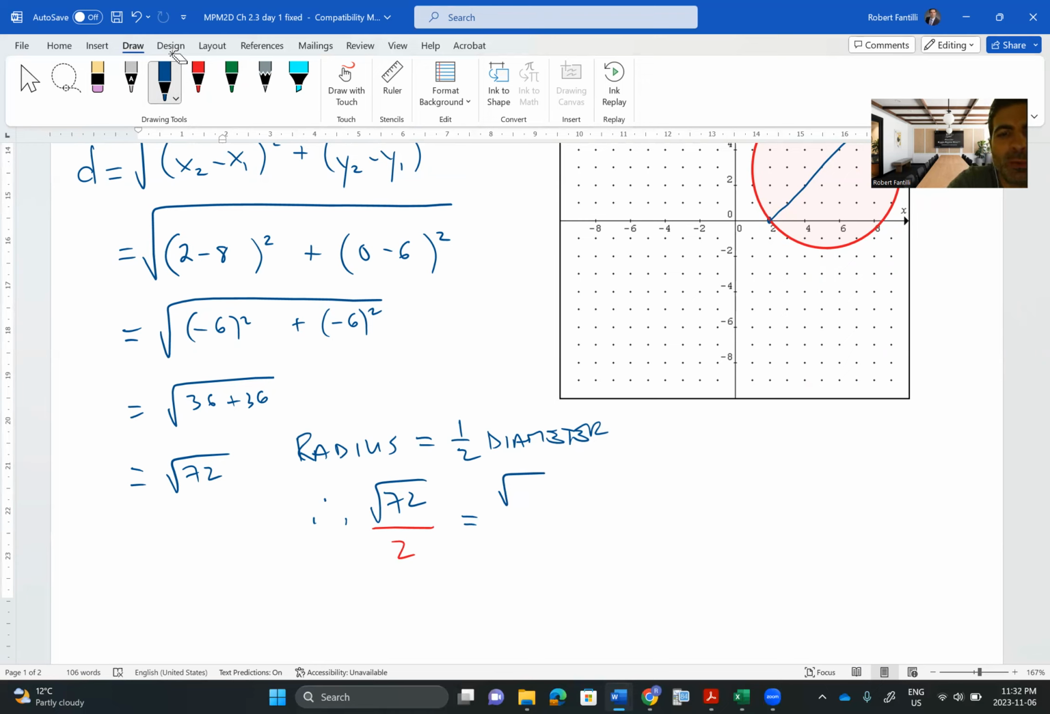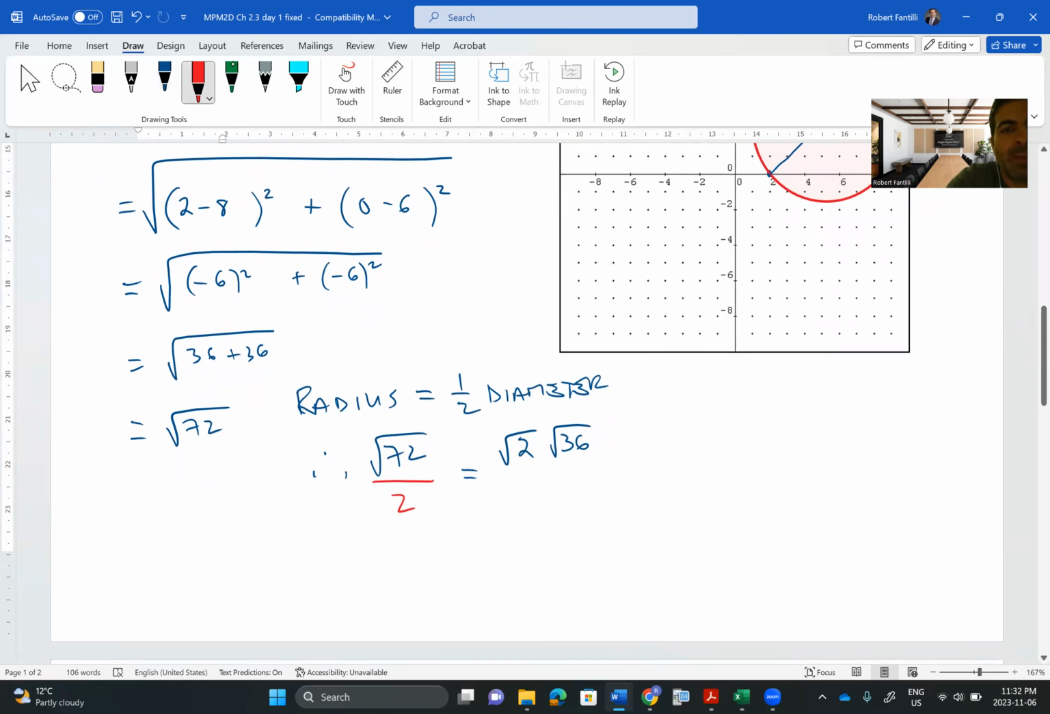I might actually put this the other way around. We'll do 2 times square root 36, which is the exact same thing as saying root 72, but that's also being divided by 2. And we know the square root of 36 is really 6. So technically, we can say 6 root 2